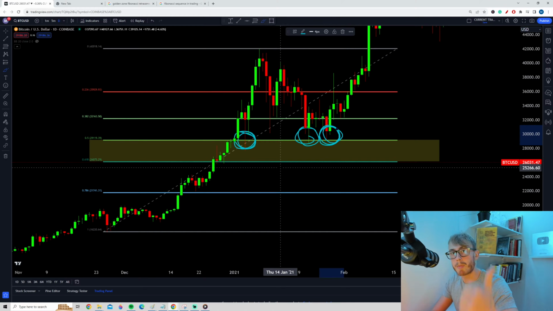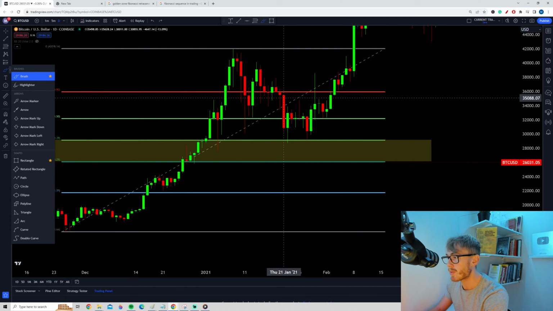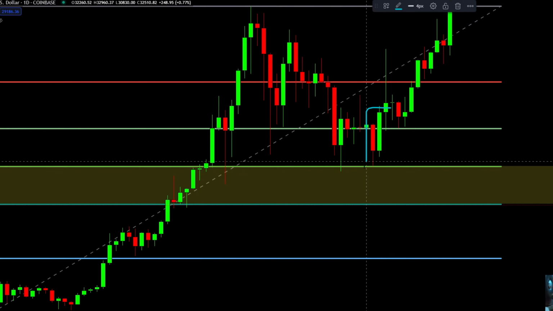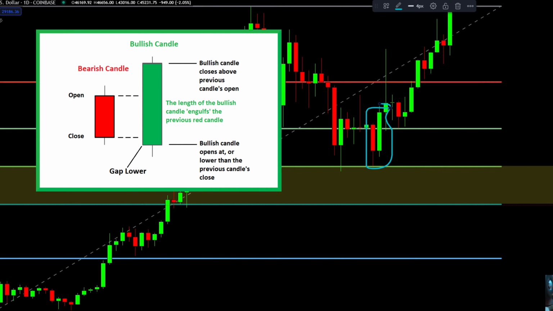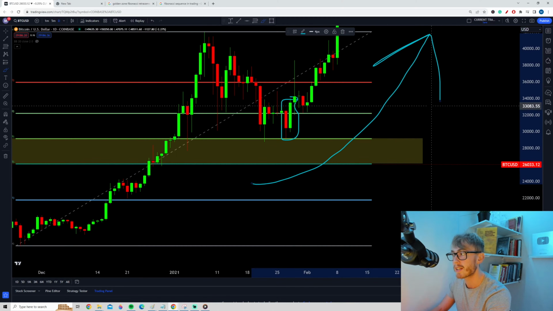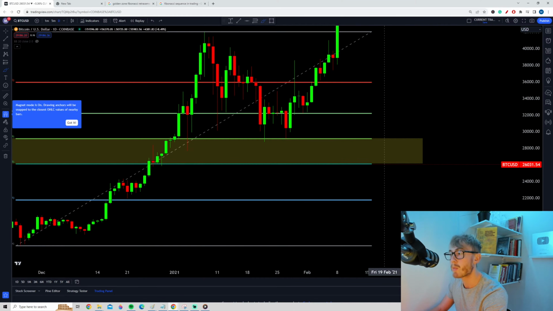So now we have both the Fibonacci golden zone, and we also see that the golden zone is acting as support. So now we have two bullish confluences, or two bullish signals at the same time. But in this particular case, we actually have yet another signal. If you take a close look at this green candle together with this red candle right here, this is actually what we call a bullish engulfing pattern, and this is a bullish Japanese candlestick that actually indicates a potential reversal to the upside. So now we have three bullish variables happening at the same time, and we are ready to